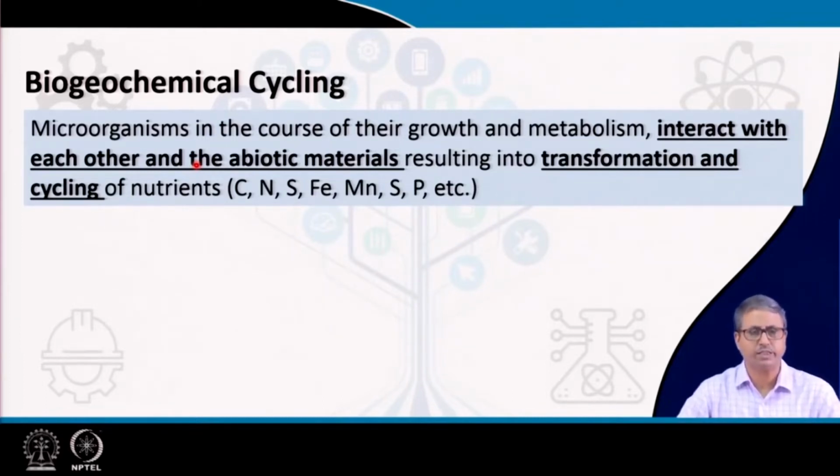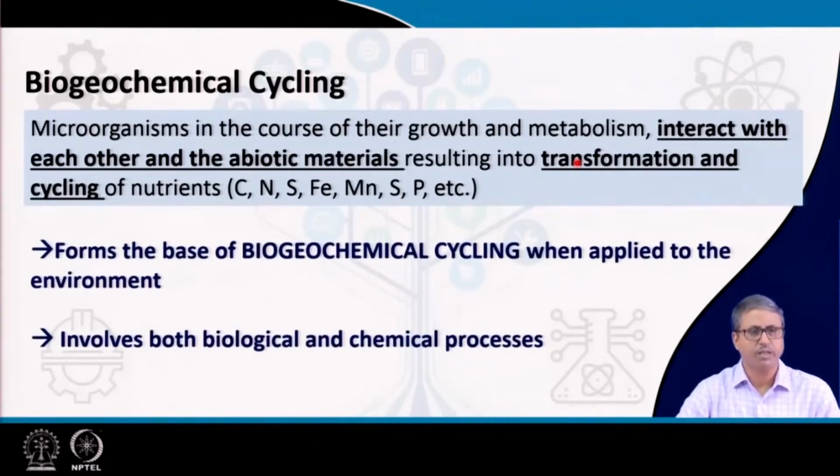These interactions lead to the transformation of materials, like carbon. As we see, carbon dioxide is converted to organic carbon, which is again oxidized to carbon dioxide, and then carbon dioxide is again reduced to methane, which is again oxidized to some other carbon form, including carbon dioxide, and the carbon cycle goes on. So, that leads to cycling of the nutrients. Within biogeochemical cycling, we are going to see how microbial activities play a critical role in these transformations and